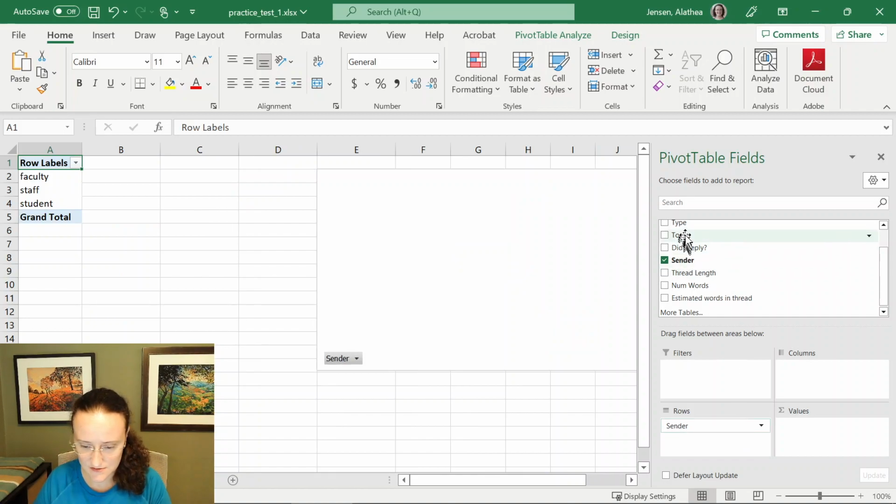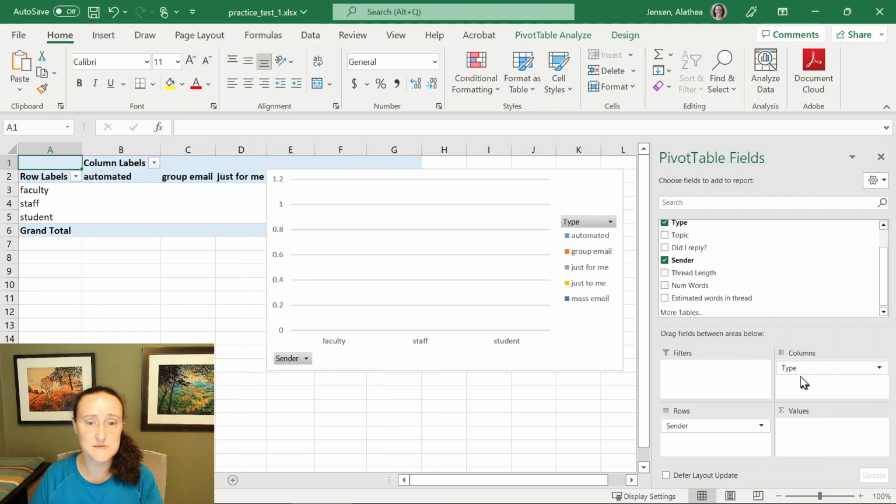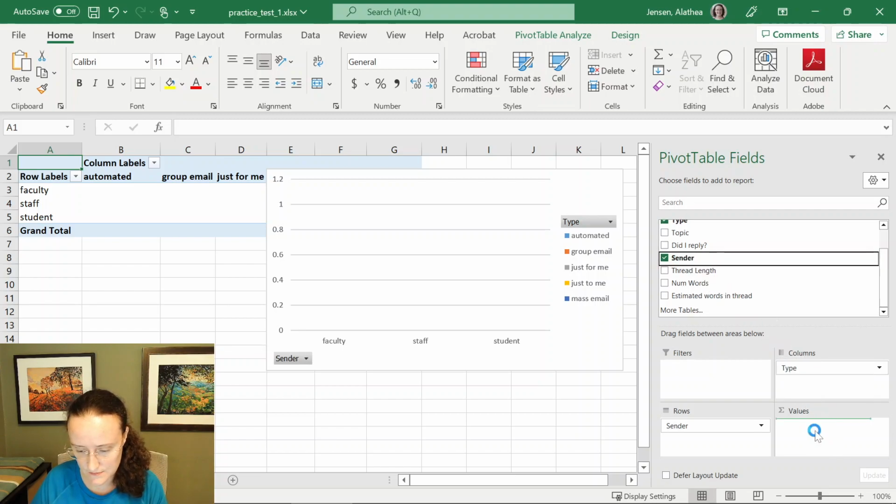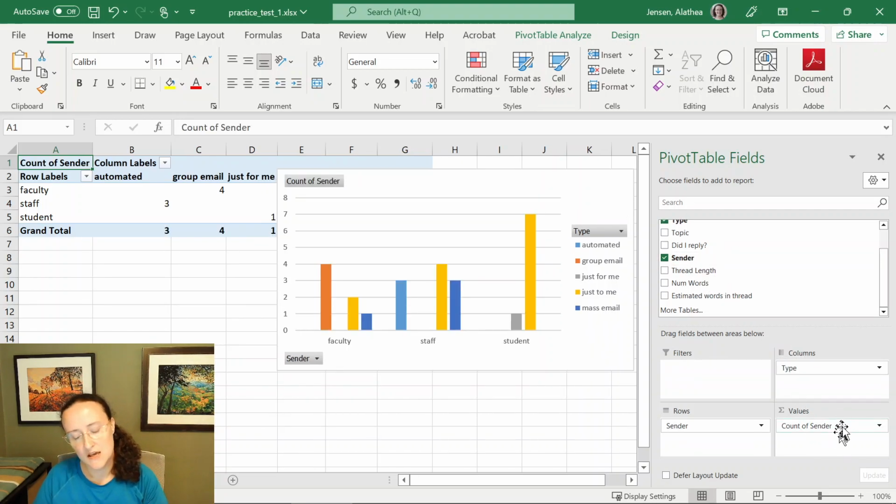And then I want to do type for the columns. So I'll click and drag type down to the columns. Columns might be called legend on your version of Excel. And then you can put either of those two variables for the values. So I'll just put sender for the values. Go. Okay. So basically what it's doing is it's just counting how many people had an entry in sender, and then it's categorizing them by